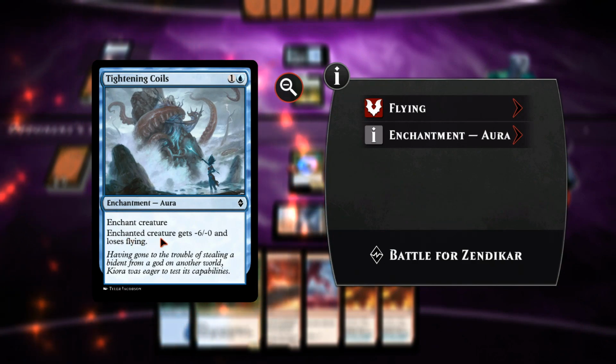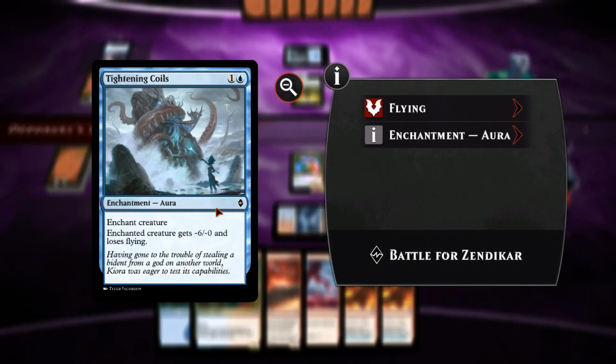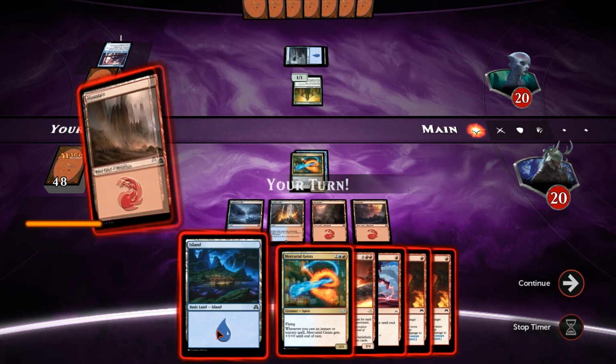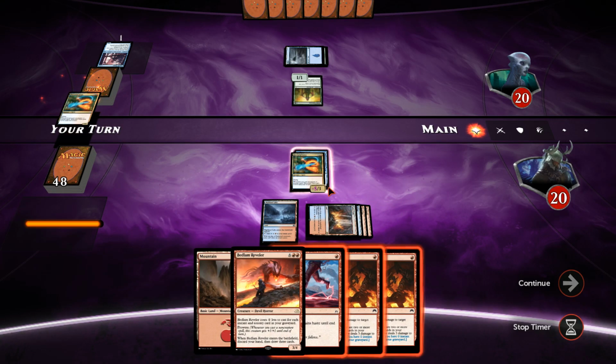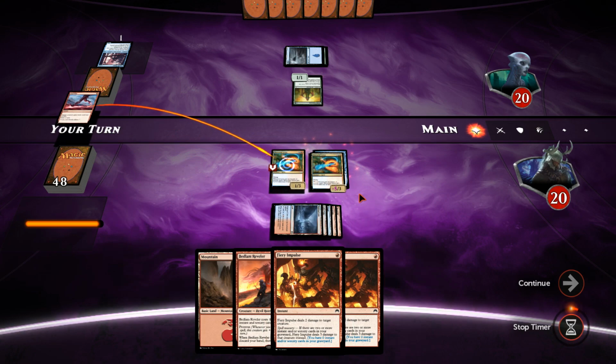Tightening Coils. Enchanted creature gets -6/0 and loses flying. Ugh. That's horrible. That is really quite horrible. Okay, so let's drop our second Mercurial Geists. And then give it Expedite. So that goes up to, what, -2...